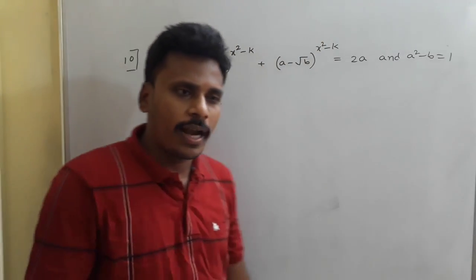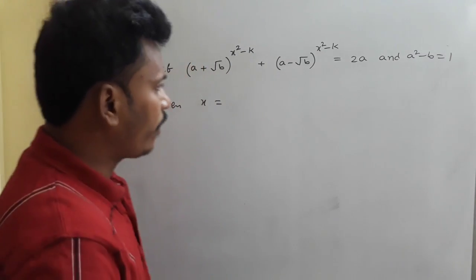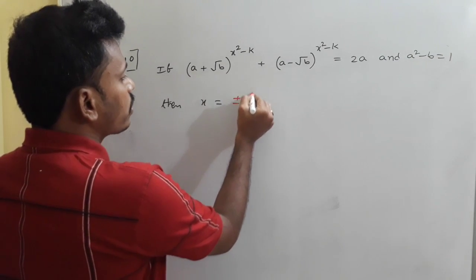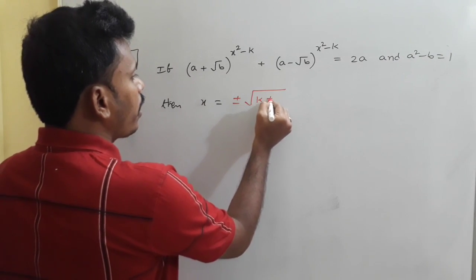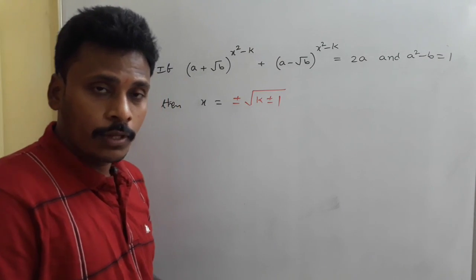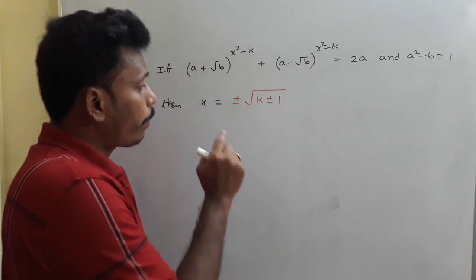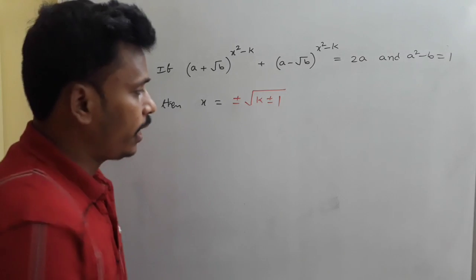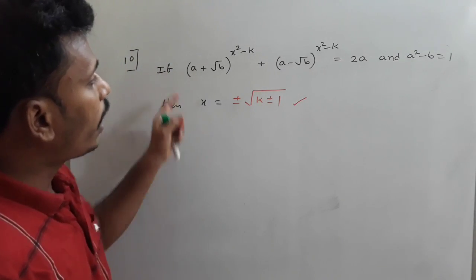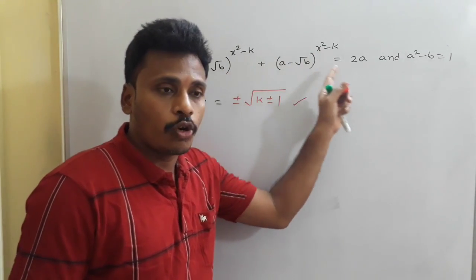Then from there you will get a quadratic and you will solve that quadratic to get the value of t and from there x. But indirectly I will give you the value. The value of x is simply plus or minus square root of k plus or minus 1. So in total you will get 4 different values: plus root k plus 1, minus root k plus 1, plus root k minus 1, minus root k minus 1. This indicates 4 different values are possible for x, and all those 4 values will satisfy this particular equality.